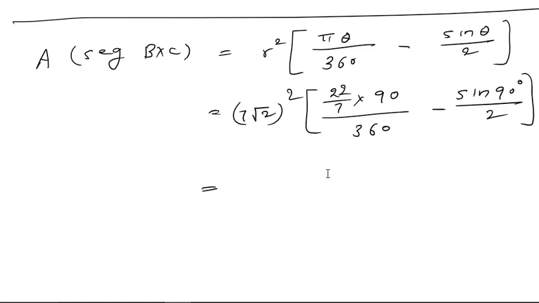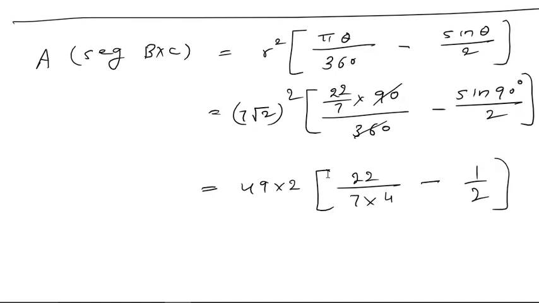Now 7 root 2 square, 7 7s are 49 and root 2 square is 2. Inside this 90 will cancel, so what I will get? 1 upon 4. So it is 22 upon 7 in the denominator and into 4. Minus sin theta is 1, so it is 1 upon 2. So either I calculate this first. The 2 2s are 4 and 11. So I will say that 49 into 2 into, inside bracket, 11 upon 14 minus